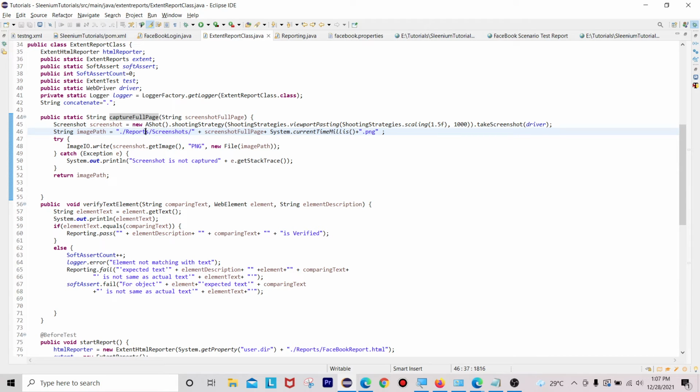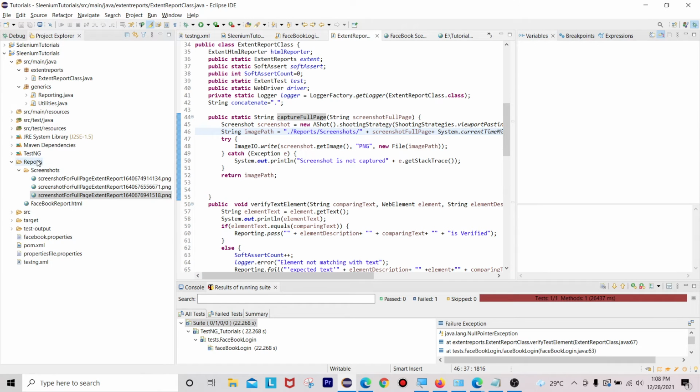Inside our capture full page method, if you see here, dot reports, dot reports screenshots, this is our actual method. Check whether dot reports is available or not in our machine. Dot reports is available, screenshots are also available. Then why is it failing?